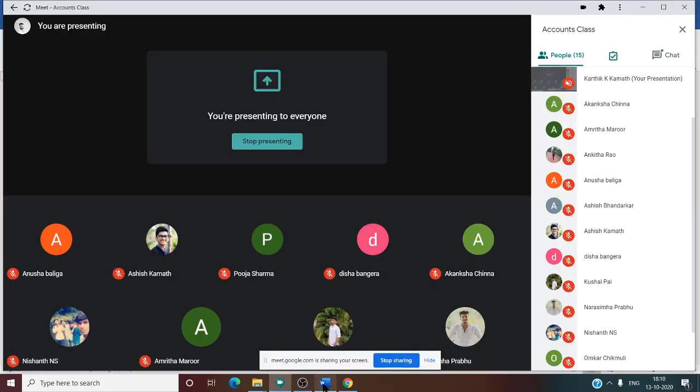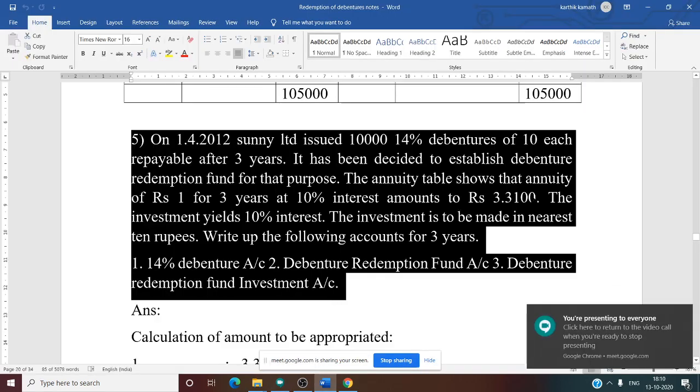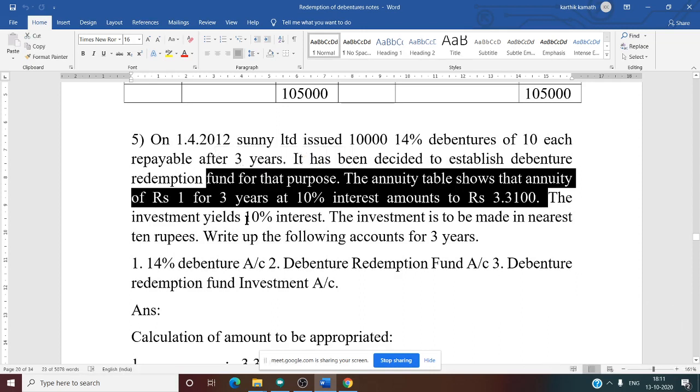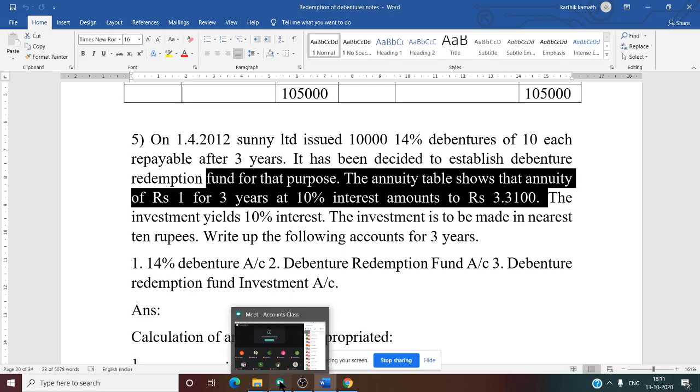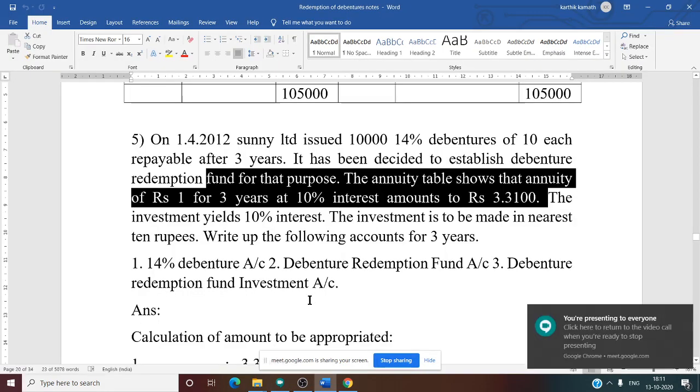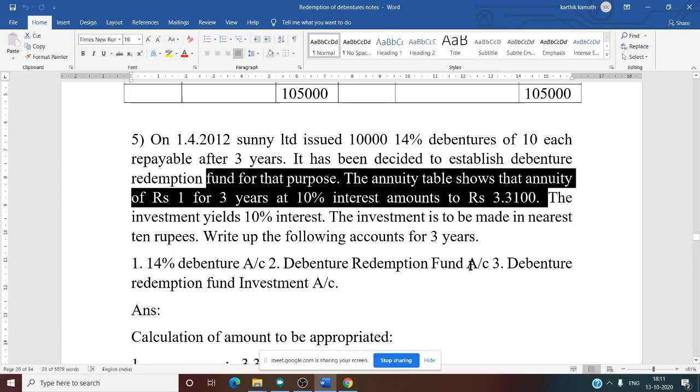So what is that different thing in this annuity table information? See this, the annuity table shows rupees 1 for 3 years at 10% interest amounts to 3.3100. That means here the amount set aside for rupees 1 is more than 1 rupee. Before this, what we have done for 1 rupee was 0.39, 0.21 like that, less than 1 rupee we kept aside. But in this case you see the table value is more. For 1 rupee, 3 rupees 31 paisa is kept aside. In that case